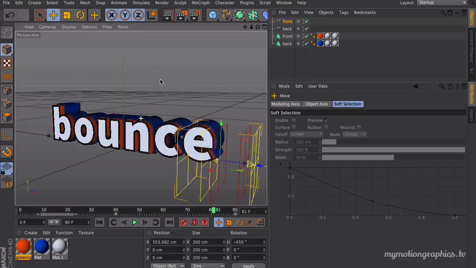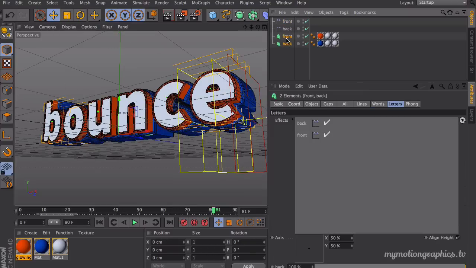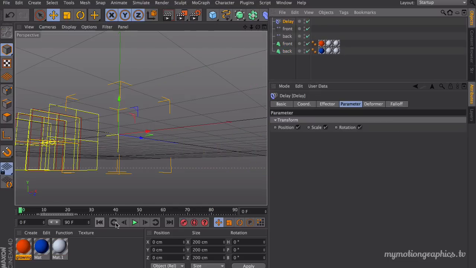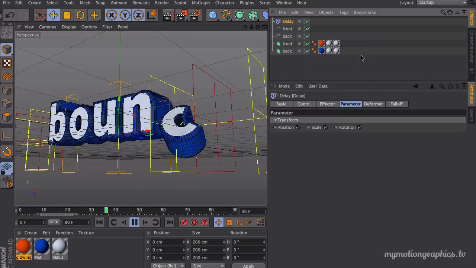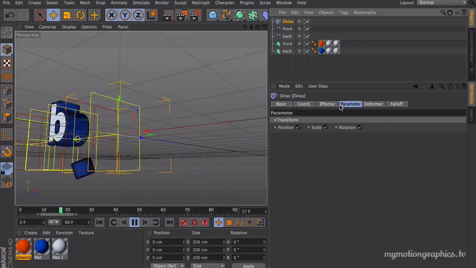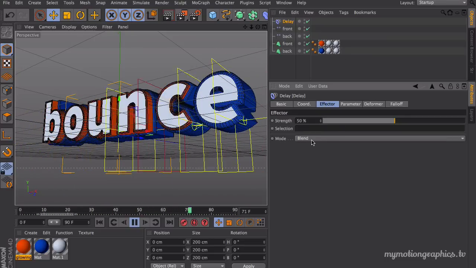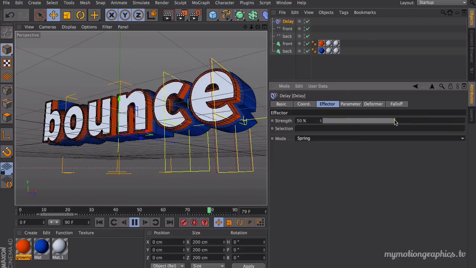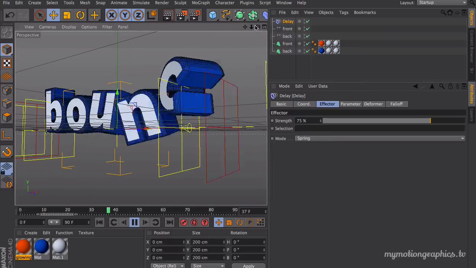Great. Now for our final touch regarding the MoGraph, make sure you have both of your Mo text selected and go into MoGraph effector and delay. Okay. Now we're going to just tweak some parameters. So with your delay selected, go into effector, and where it says blend, change it to spring, and maybe increase the strength a little bit. Okay,